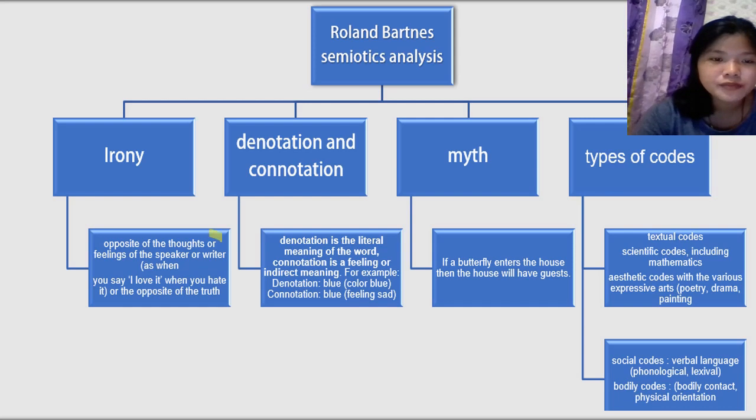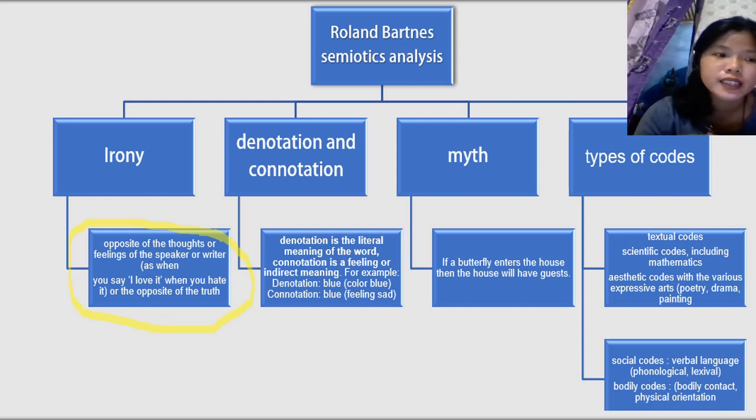For example, the offset of the thoughts or feeling of the speaker or reader, as we say, "I love it." It can also be seen as being based on substitution by dissimilarity or dissociation. When typical ironic statements signify the opposite of a literal signification, such variations as understatement and overstatement can also be